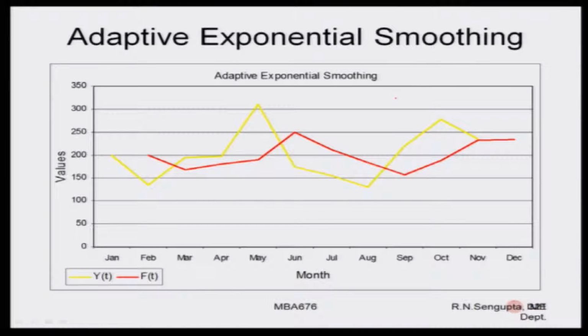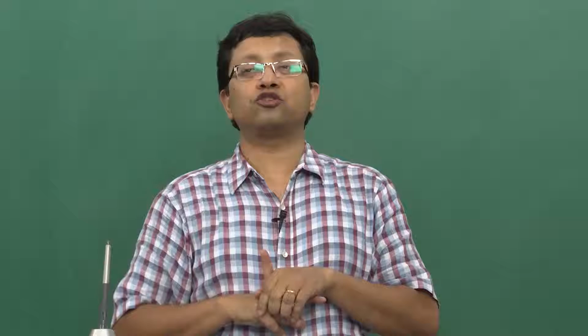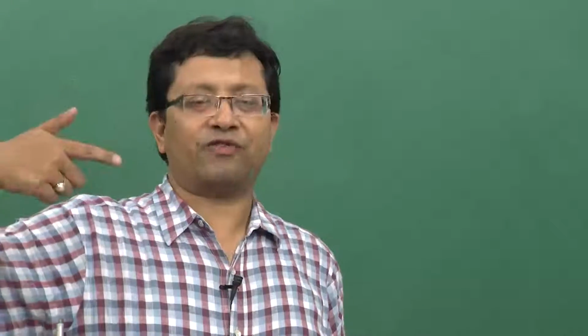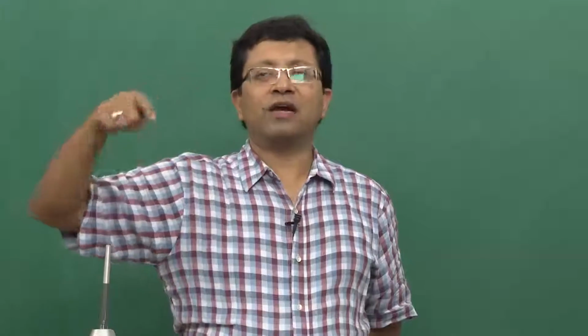So again, for the adaptive smoothing values, we take some yt and ft, and based on that we find out. They do not exactly replicate each other, so do not be surprised by this amount of difference. But what is important to know is that as you proceed down the line and as your overall model learns the value of alpha, it is not a self-learning process, we are basically trying to adjust your value